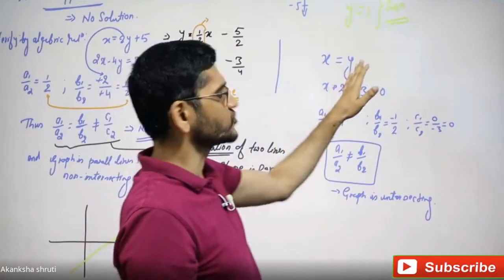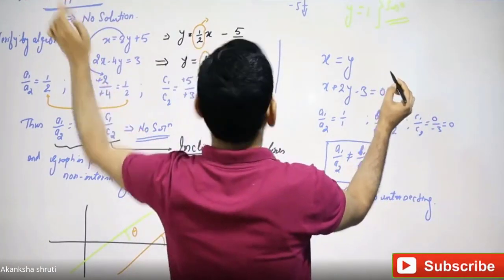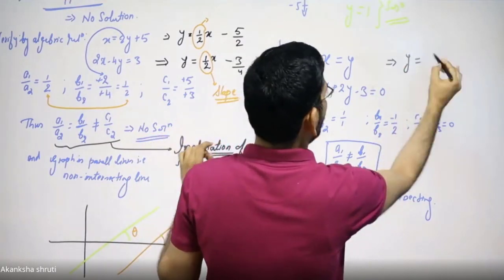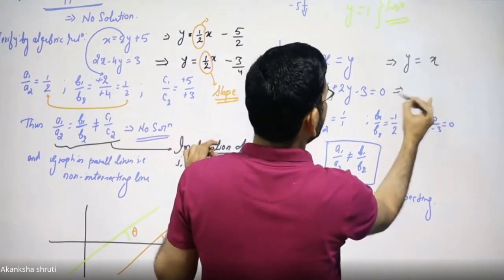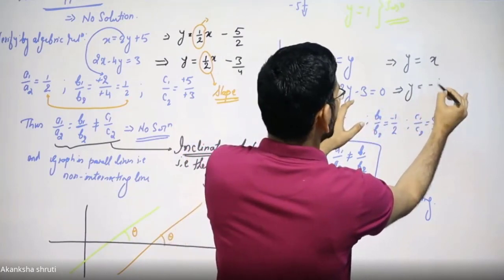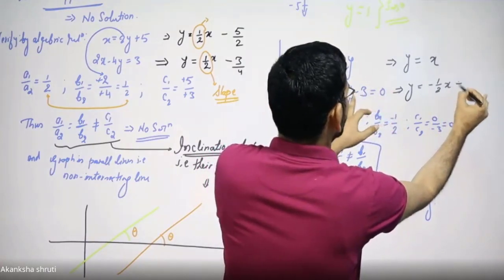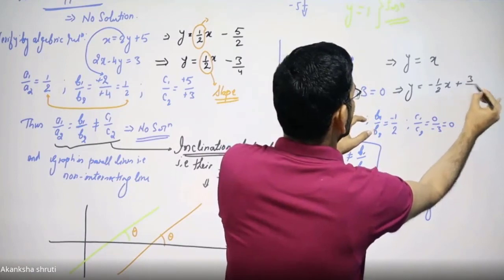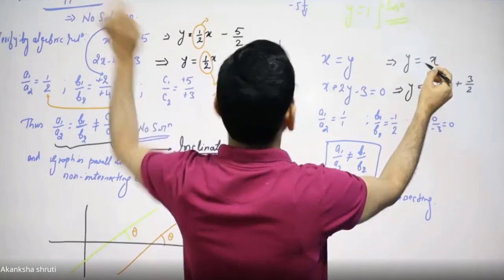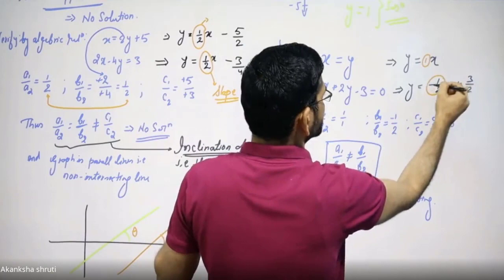In this case, even the slope you can see, students. If you talk in terms of slope, see, that is also just as easy. Write in terms of y: y is equals to x simply. From here, if you take y, y is equals to, this 3 will go on right hand side, minus of 1 by 2x will go on right hand side. It will be plus of 3 by 2. Here the coefficient of x is 1, so it is simply 1, but here it is minus 1 by 2.